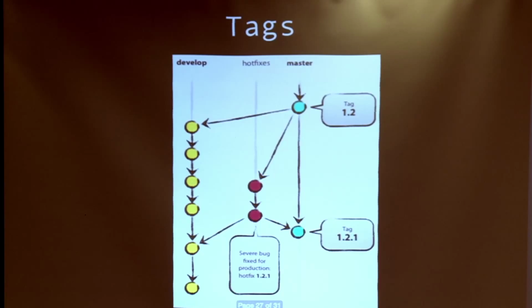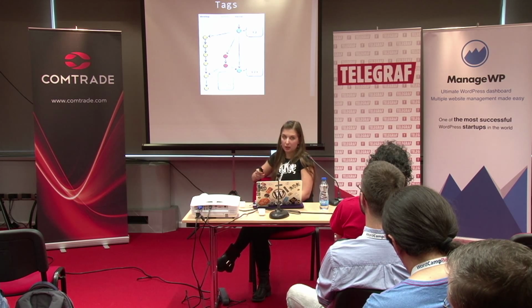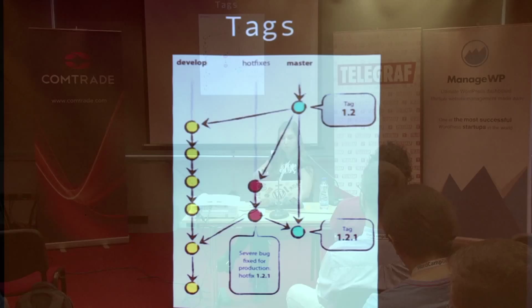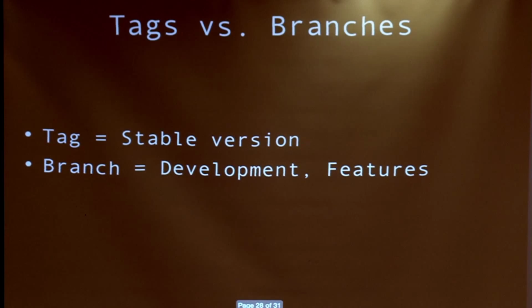And the last thing that I want to mention is tags. I mentioned them in the beginning, just as part of the Git flows. How do tags work? That is the option to tag your stable versions of your code. Unlike branches, tags, as I said, are stable versions that you want to be able to check out faster. Branches are not about that. They are more about adding development code, features and so on, for active development.